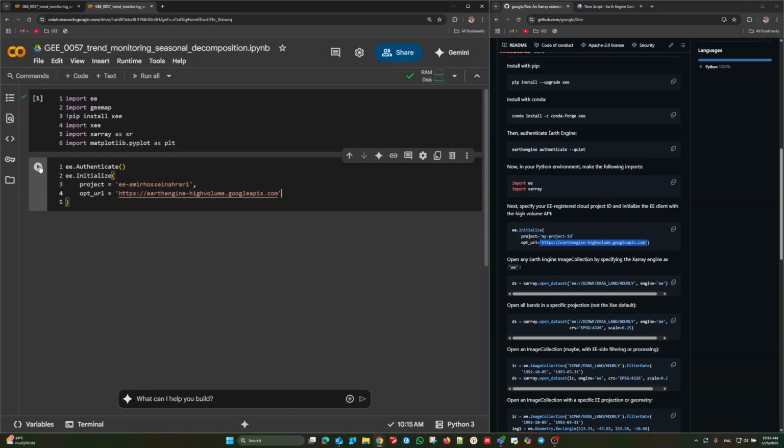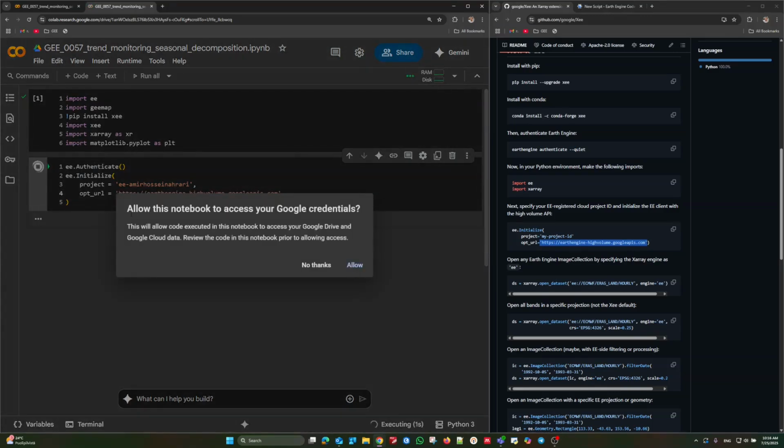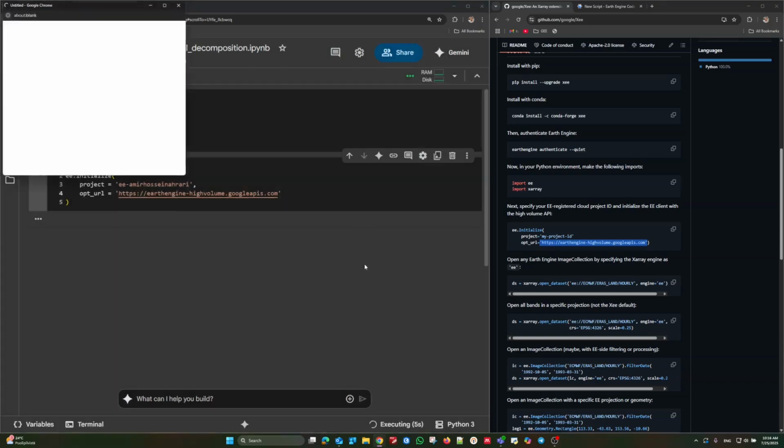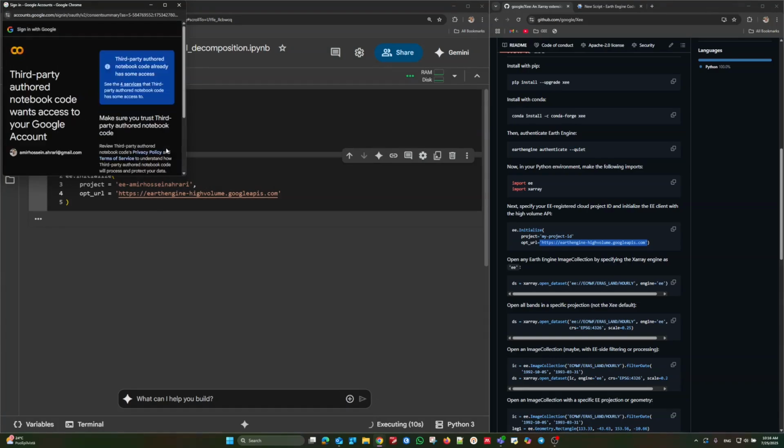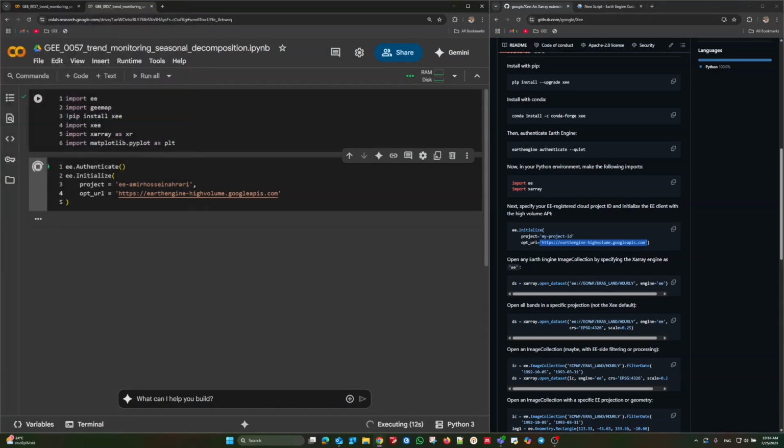Paste it into your code. Let's run the code. Colab is asking permission to establish a connection between Earth Engine and Colab through the associated accounts. So click on OK and continue. After a few moments, the connection is established, and now we can use the Earth Engine capabilities in the Colab environment